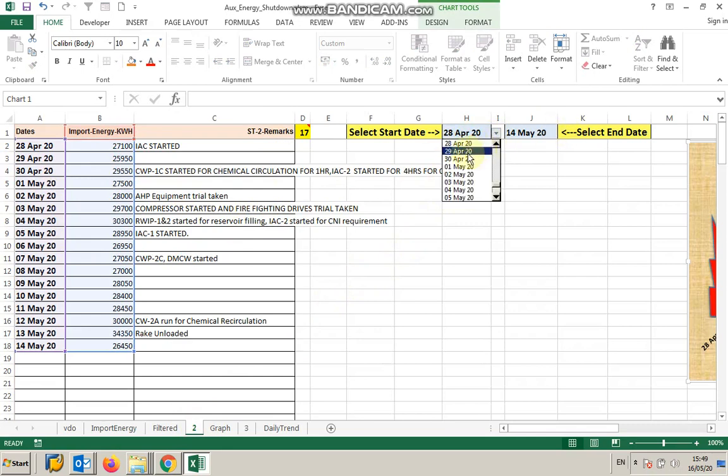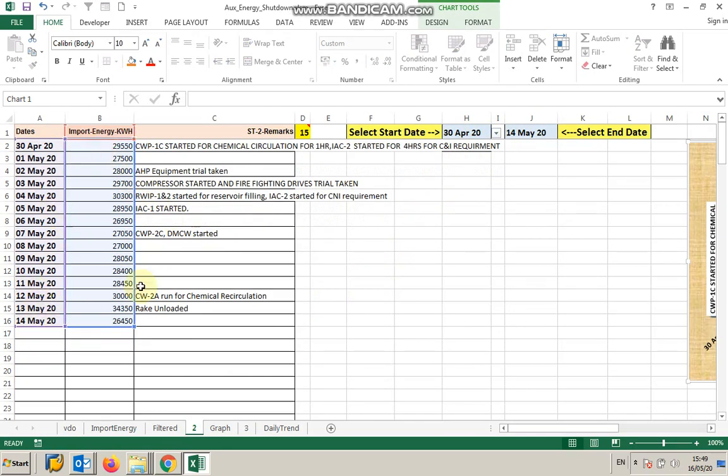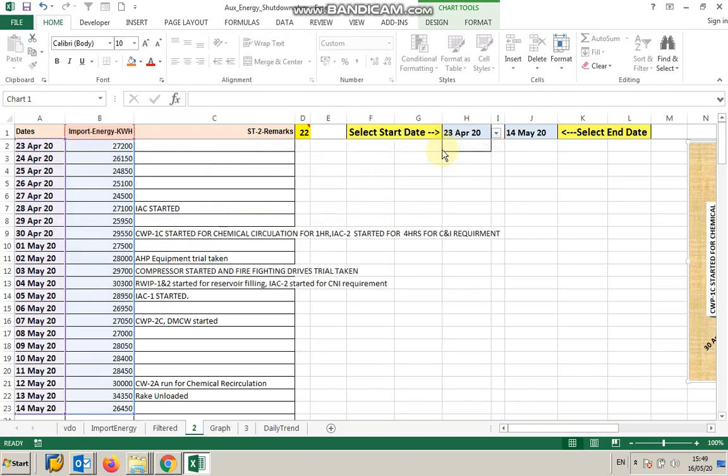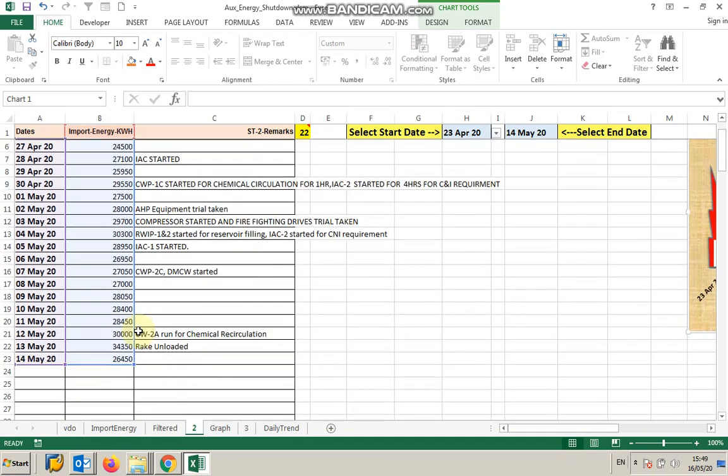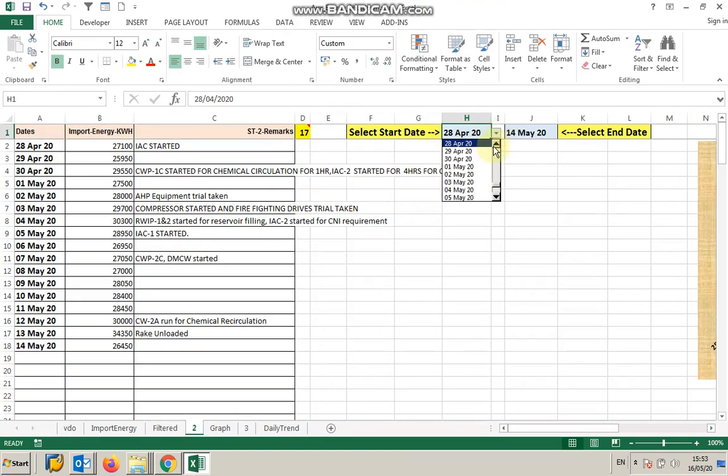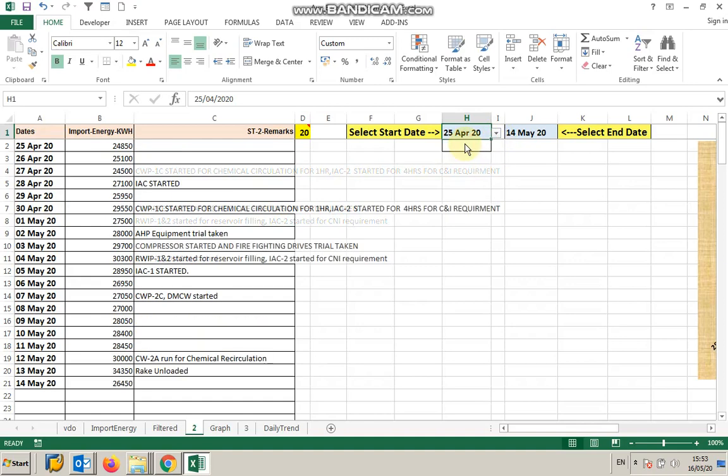By changing the start date and end date, these dates, the import energy in kilowatt hours, and the remarks will automatically be picked up from the basic table in this sheet.